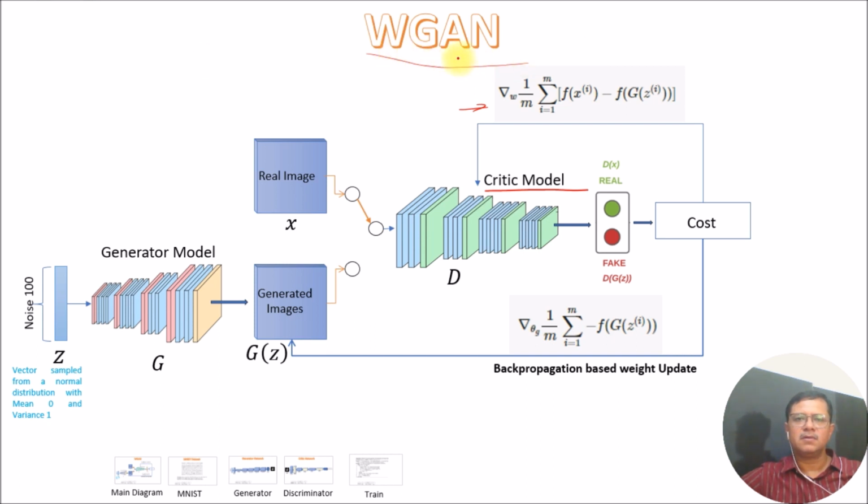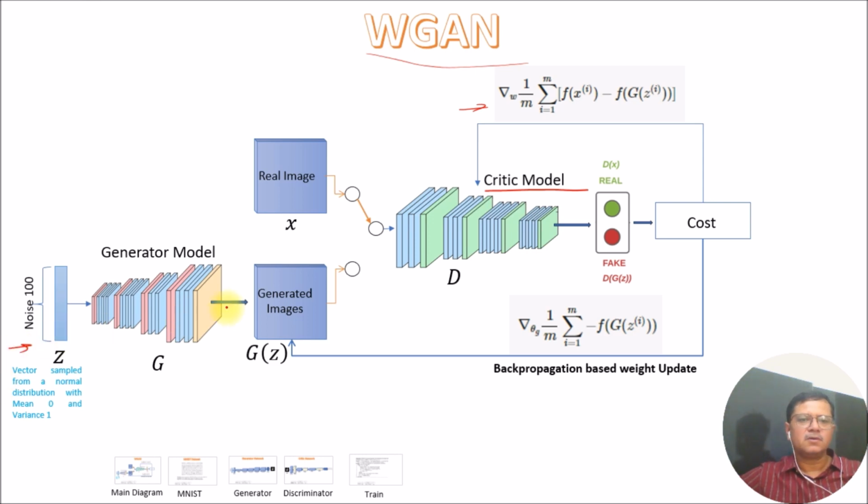In the previous tutorial, I have already explained the concept of Wasserstein distance and how to use the Wasserstein distance for W GAN architecture. So now we will go through the architectural overview of W GAN, and after that I will explain how to write the code for W GAN architecture. So let us start with